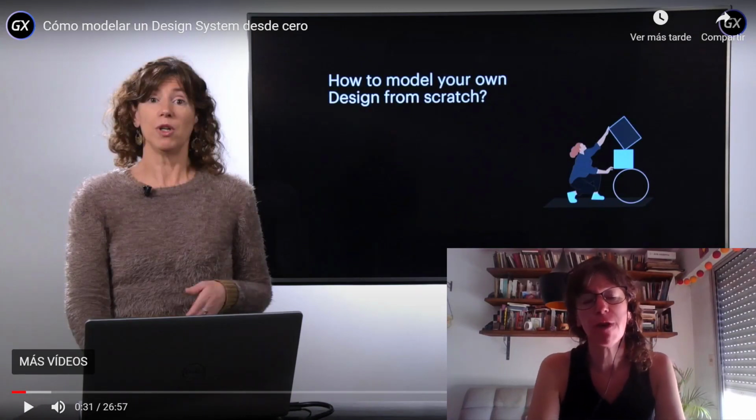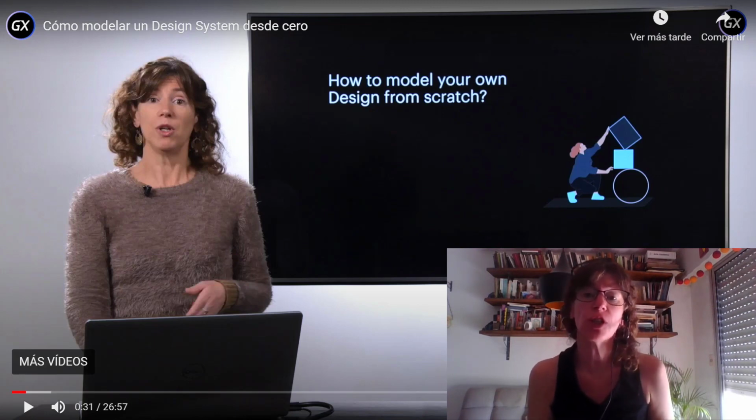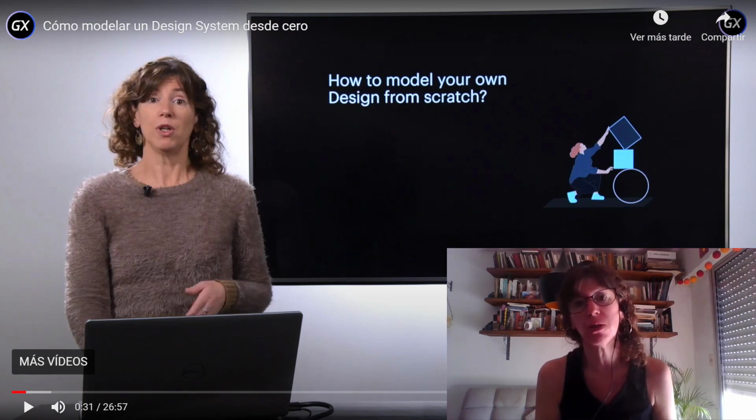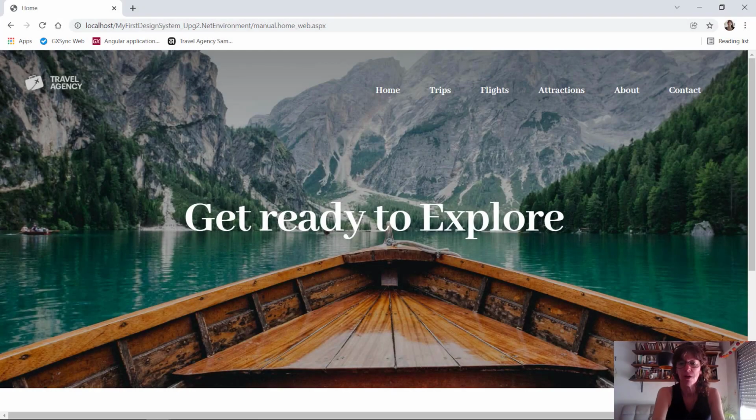In the previous video, we had started to become familiarized with the design system object language, which allowed us to centralize most of the design of our application, be it a web, Angular web, or native app, or all of them. To do this, what we did was attempt to model the design of an application, initially a web app, for a travel agency. And what we had arrived at by the end of the video was this, where we